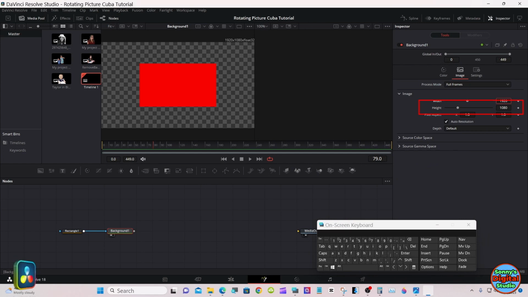Select your background node. We're going to change the size to 540 by 940. Sorry, I forgot to take this auto resolution and uncheck it.